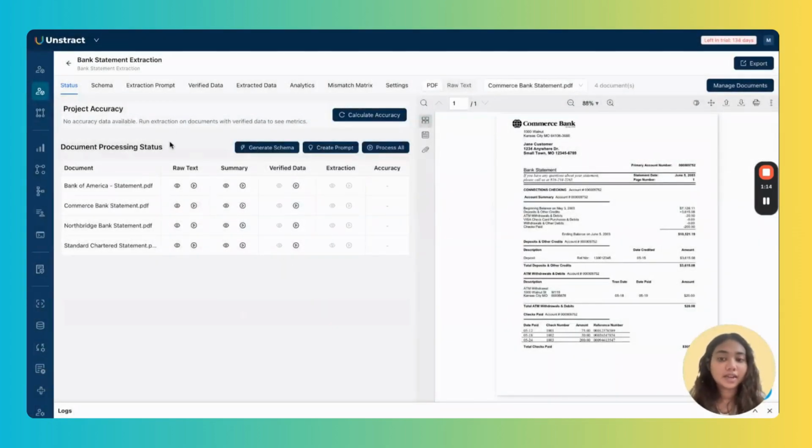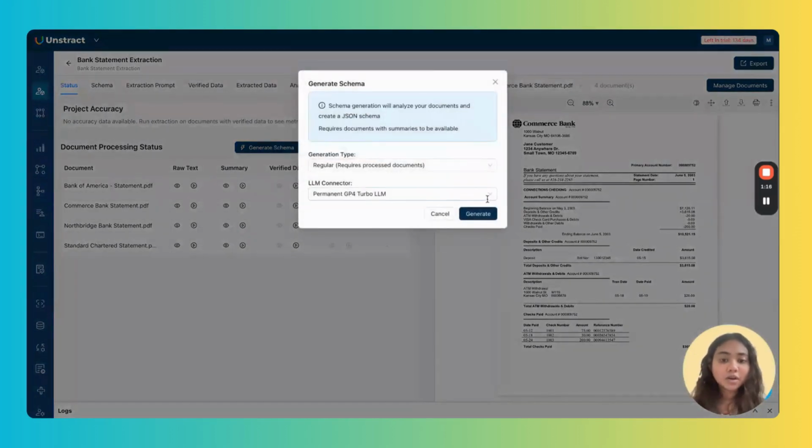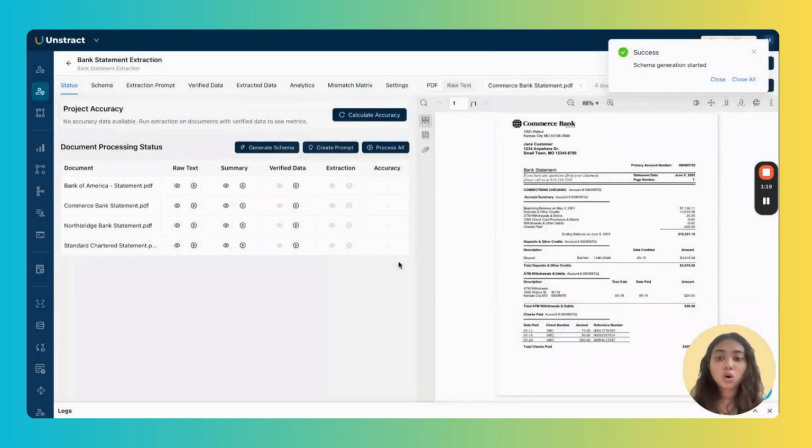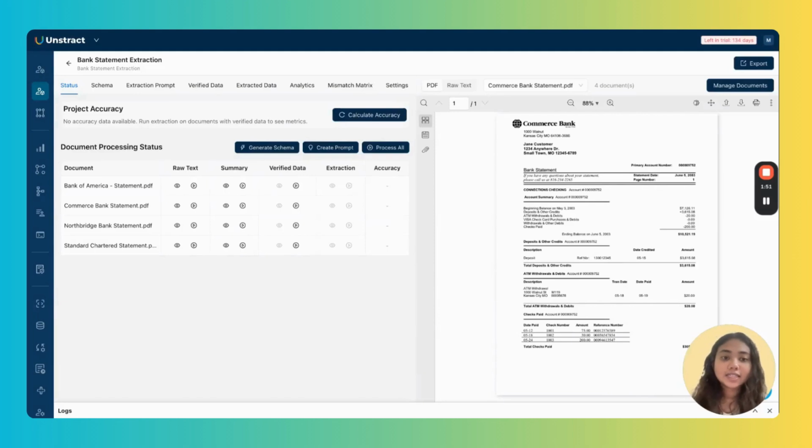Now, once your summaries are ready, you can click on Generate Schema, which basically puts together all the summaries of the test documents that you've uploaded, and it also looks to normalize the fields. Let's say that you have the date in one bank statement in the format with the date first followed by the month. In another, you could have the month first followed by the day. So these are different formats in which the day could come in, and you could have different numbering systems. While generating the schema, your system tries to normalize all these fields, which is also one of the key challenges that we'd seen earlier. Now let's take a look at how the schema looks.